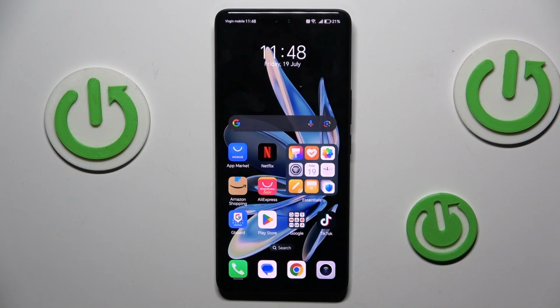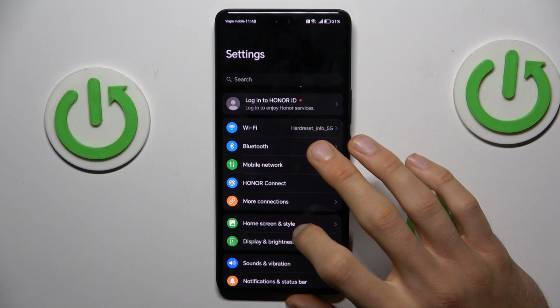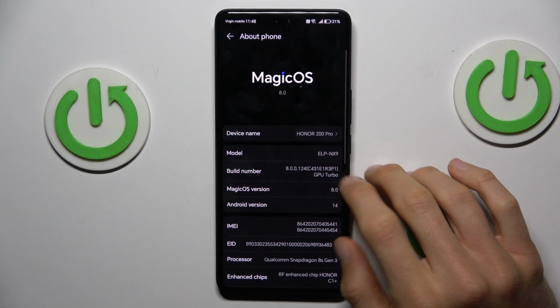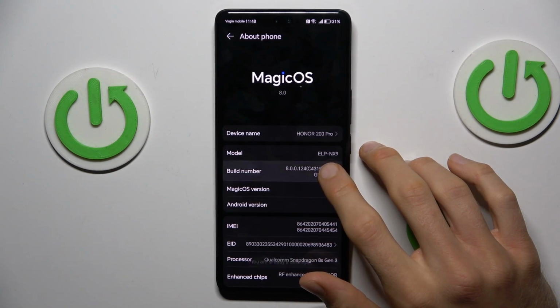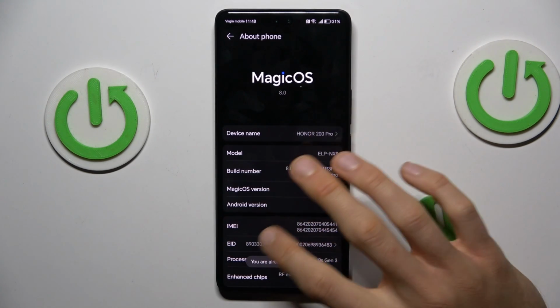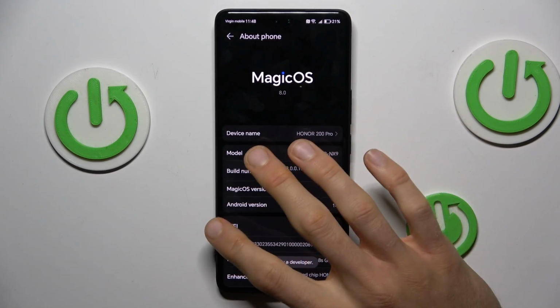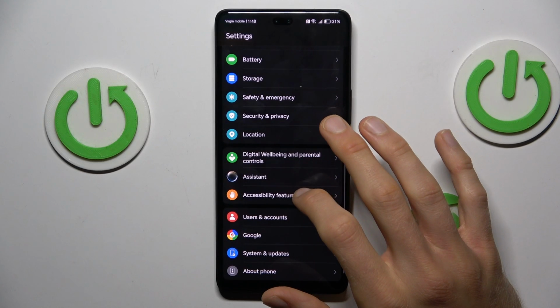Our first step to do that is opening the Settings application, where we must activate our developer mode. To do that, scroll down and choose the About Phone selection. In it we have Build Number. Now we must tap it several times to activate developer mode and confirm it by entering our lock screen, but I have already opened it. When we activate it, go back to the main menu of your settings, where we choose